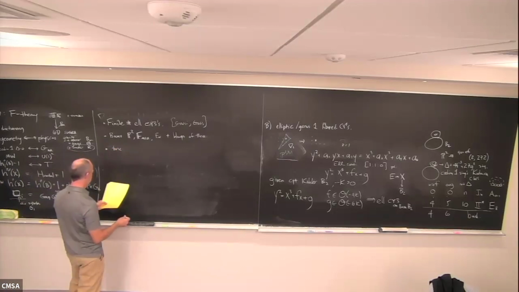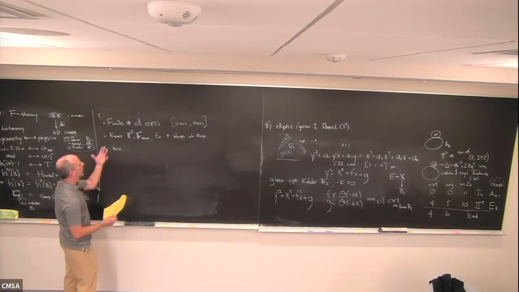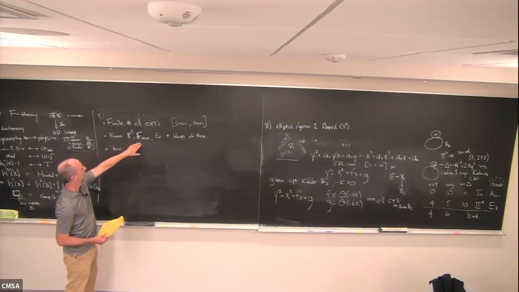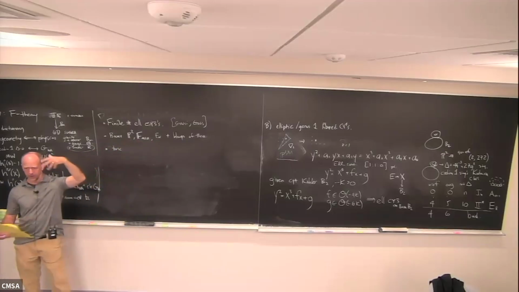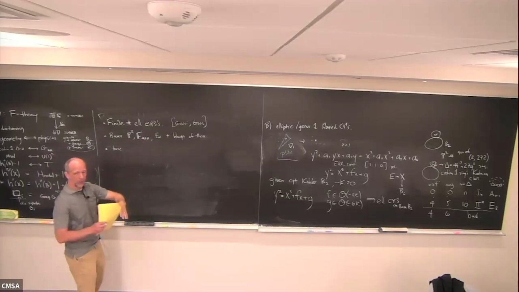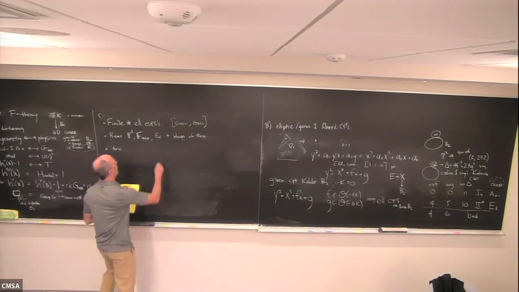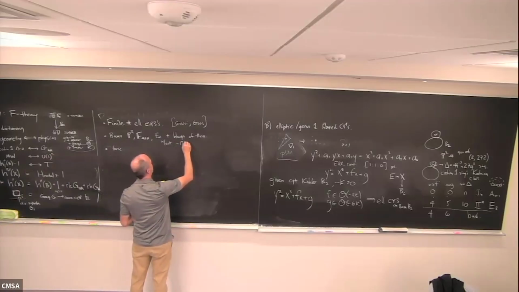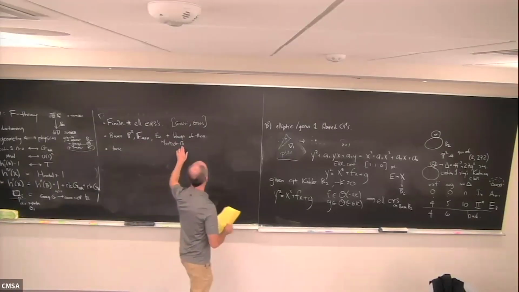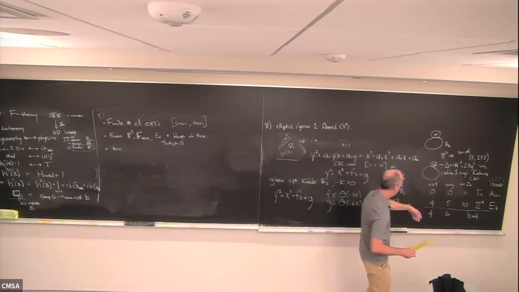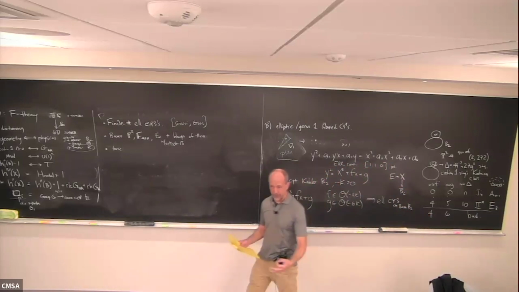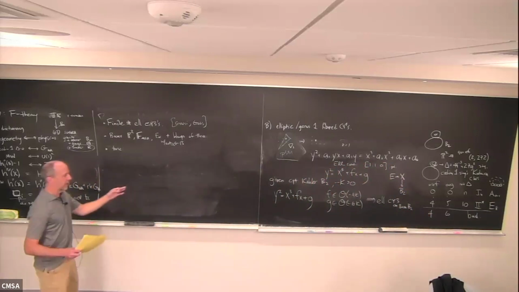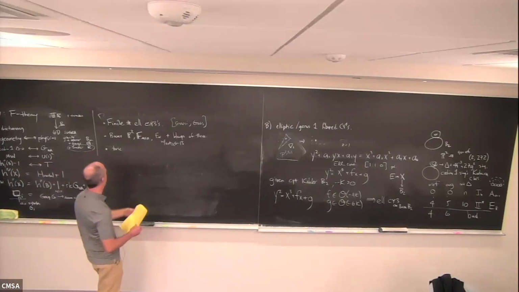So with Dave Morrison, quite a while back, we carried out this program of starting with P2 and Hirzebruch. Enriques is not so interesting because its anticanonical class is just torsion. So we took these, blew them up as many times as possible. You can't get a curve with C dot C less than or equal to minus 13, because if you have a curve of self-intersection less than or equal to minus 13, it gives you a codimension 1 singularity that's off the Kodaira chart and is bad and is at infinite distance. So there's an upper bound to how much you can blow things up.